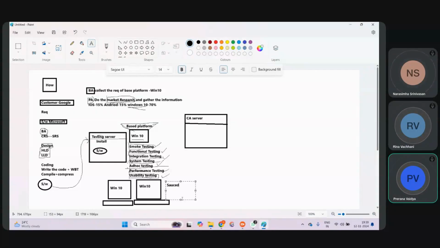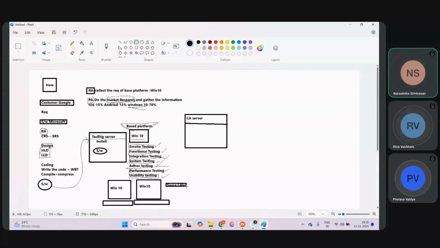There is something called Sauce Labs. What is the application? Sauce Labs. I've just taken one example. What this will do is keep